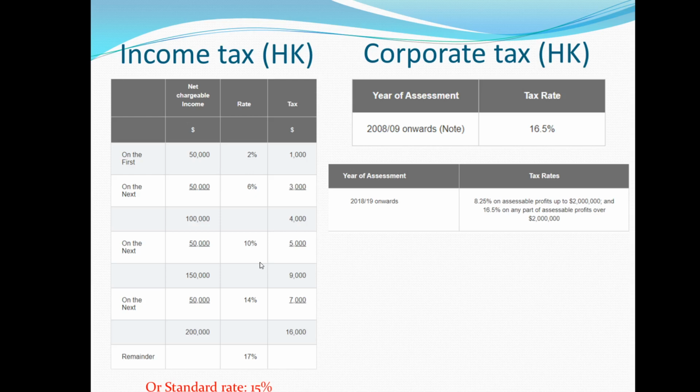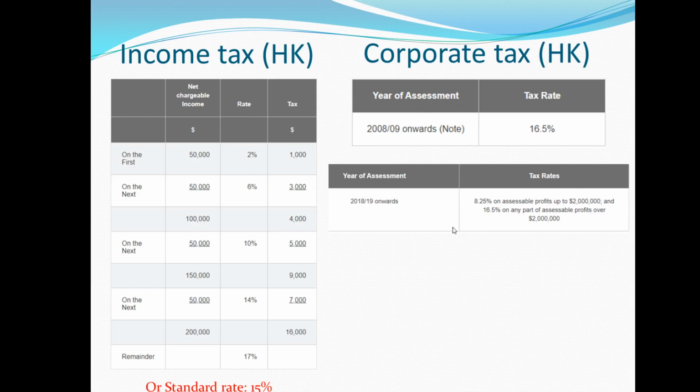But when you take a look at corporate tax in Hong Kong, look at the one on the top. What kind of tax is it? 16.5. So yeah, proportional, right? There you go. But in recent years, I think since 2018 or 2019, I forgot, they had a new rule. You can choose between this one here or the one below.